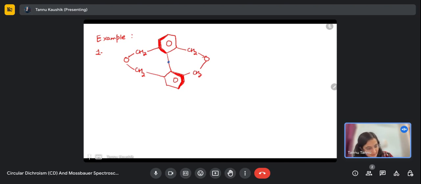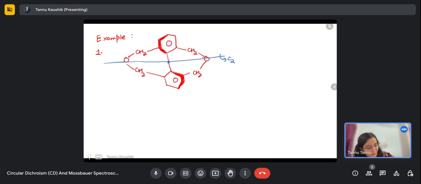I have not drawn it properly, but you can just take it. These oxygens are just in front of each other. So there is a C2 axis passing through this oxygen and the center, this C-C bond between two phenyl rings,